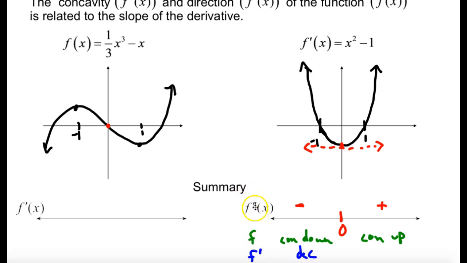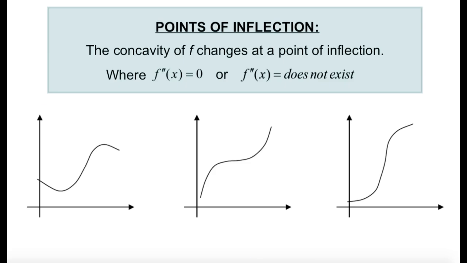F double prime, the second derivative, is the first derivative of f prime. So if f prime is decreasing, f double prime is negative. Hopefully that makes a little bit of sense. Likewise, if my second derivative is positive, that means that my first derivative is increasing. All right, and we'll take a look at this comparison more in just a second. Right? So on the back then,